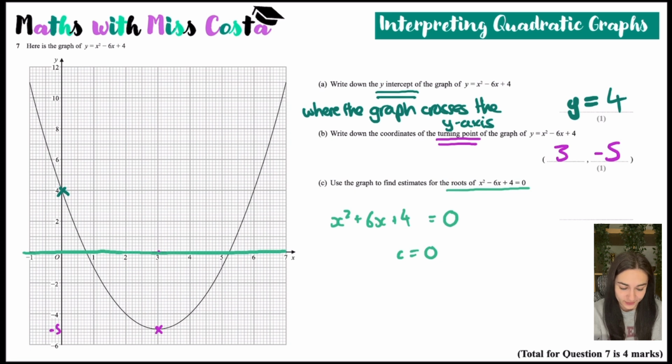Sorry, y equals 0 is over here. And where does the graph intercept? So whenever you're solving equations from a graph, you literally draw the lines and you just think about where's the point that they cross. So an estimate for the root,